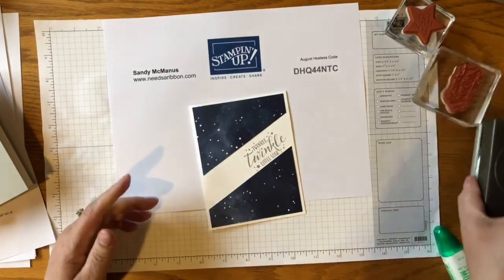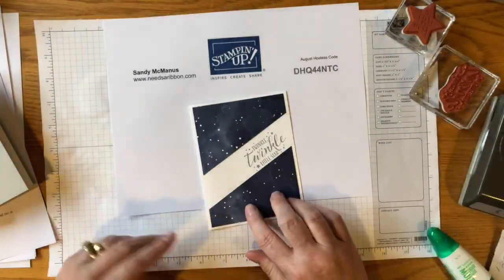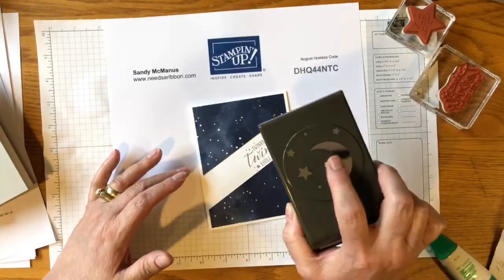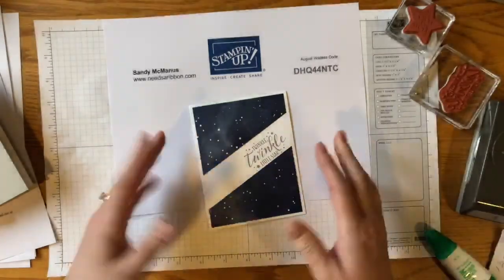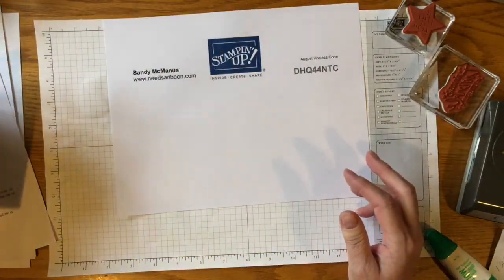So then you could take, if you wanted, and punch out some stuff from here and decorate it. I actually kind of want to take and use this and silver foil and put it on this one. So I'll finish this one later, but you get the general idea. Okay. So the next one,